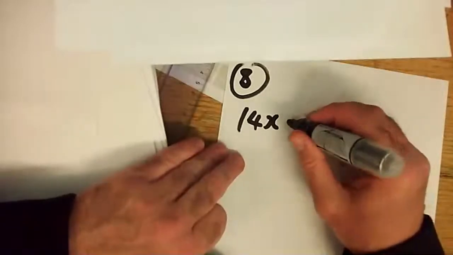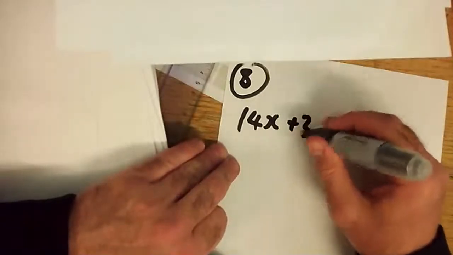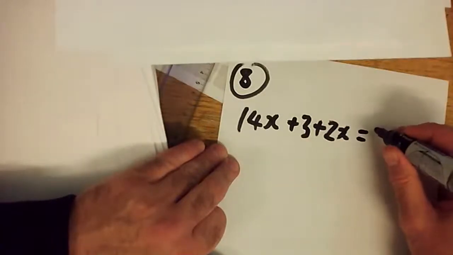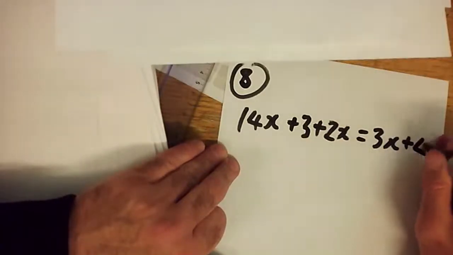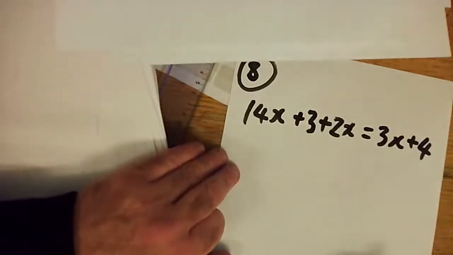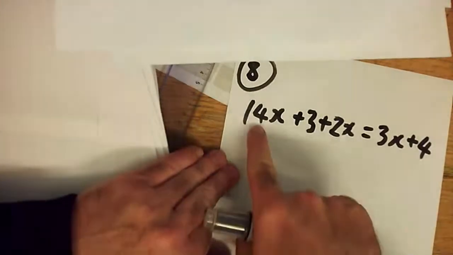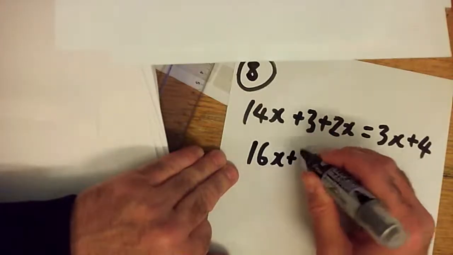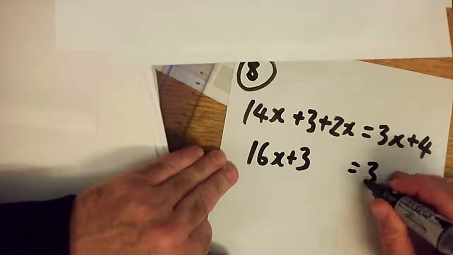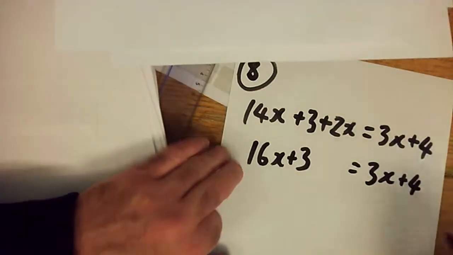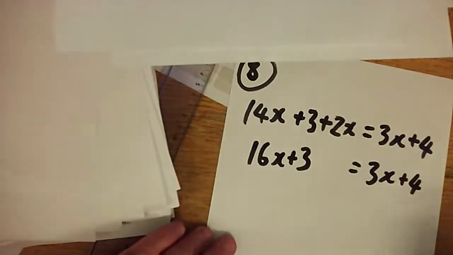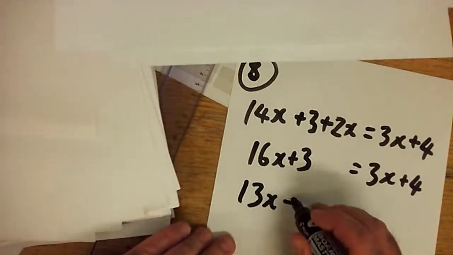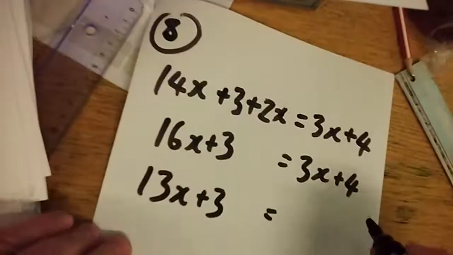14x plus 3 plus 2x is equal to 3x plus 4. I'm going to gather terms that are of the same type. So the 14x and the 2x I'm going to bring together to make 16x. So I've got 16x plus 3 is equal to 3x plus 4. Then I'm going to take away as much x as possible from both sides to get 13x plus 3 is